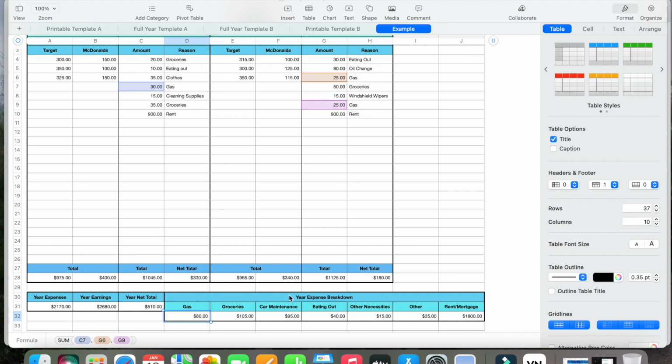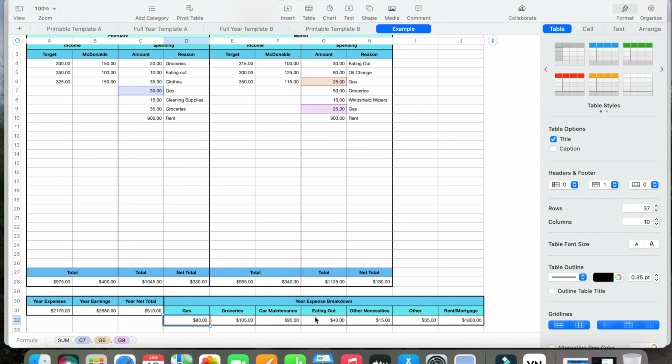And I'll show you how to create a new formula on Numbers. So these values can be helpful for you to track specifically where your money is going and in what amounts, so that you can better budget. If you are eating out a ton and it's costing you, I don't know, X amount of money a month, we'll just call it $200 a month you're spending on eating out, and your net total for the month and for the year is in the negative, and you want to try and make that a positive number instead,